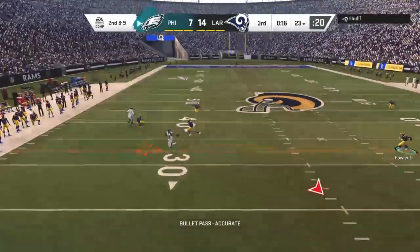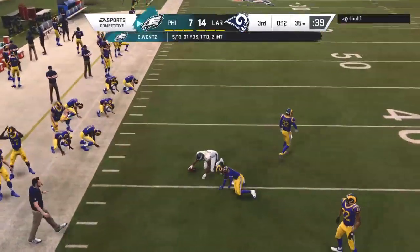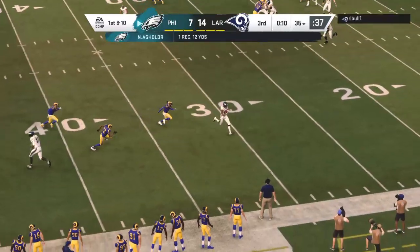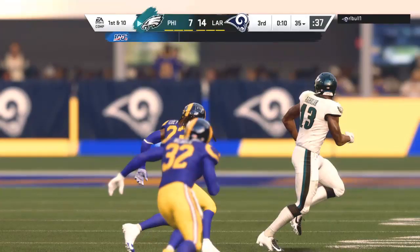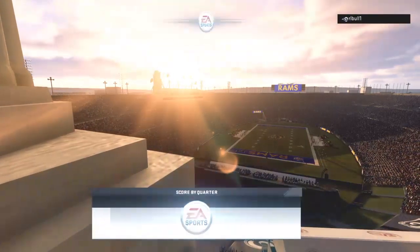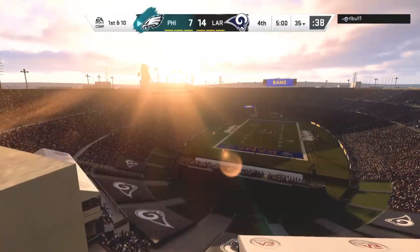On 2nd and 9, Wentz. The connection here with Nelson Aguilar. And he's brought down, getting this one up to about the 35. 12 yards there and a first down. First down, Eagles. And this should be the final play before the quarter ends. And as they come to the line, they will not be able to get off another play as time has...